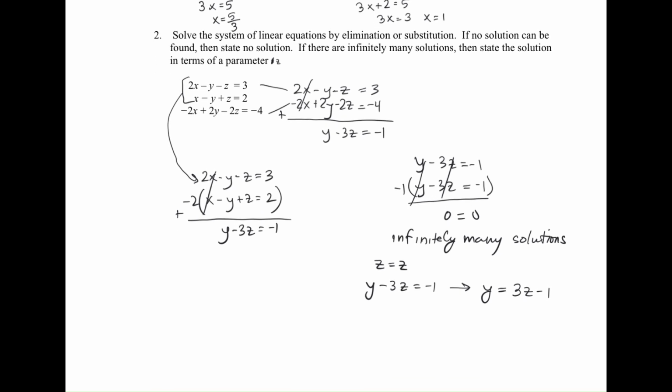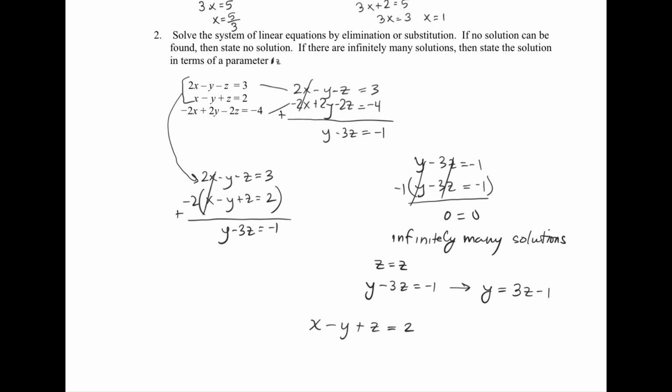So we know that z is equal to itself and that y is equal to 3z minus 1. Now we just need to find the value of x. So I'm going to use this middle equation here, one of the original equations, since it has just a coefficient of 1 for x. That statement is x minus y plus z is equal to 2. So if we take this statement for y, that y is equal to 3z minus 1, and plug